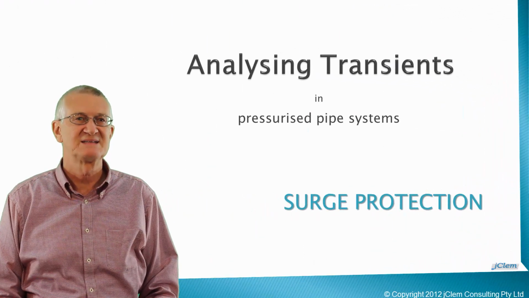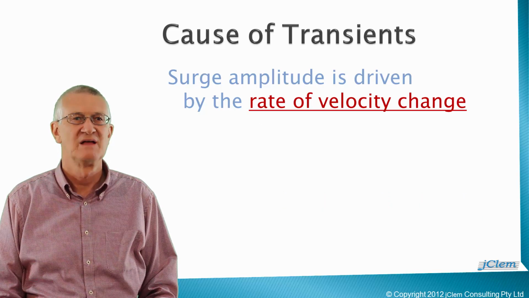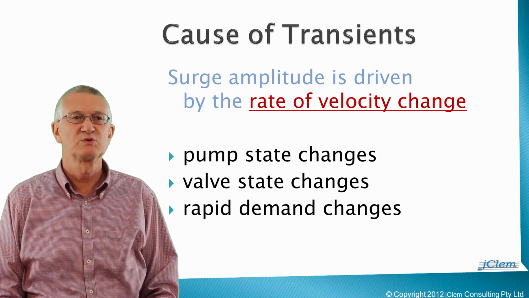A very good place to start learning about surge protection is looking at the cause of transients. The surge magnitude, or the amplitude of surge, in all cases is driven by the rate of change of fluid velocity. So what are the events that typically create velocity changes in fluid systems? We will start with the obvious events: pumps turning on or off, and pumps can suddenly lose their electric power